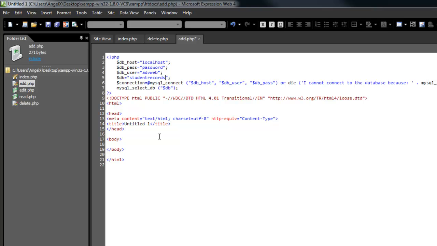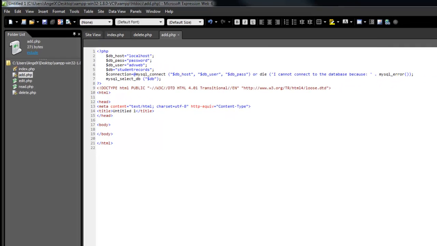Cool. So that's that. Now what I'll do is I'll save that. I'll go back to here, and then I'll click on my create. Excellent. So it didn't crash on me. That's a good sign. That normally means that the connection to the database is working. So now that I've done that,